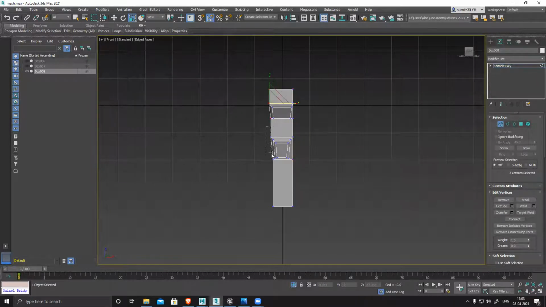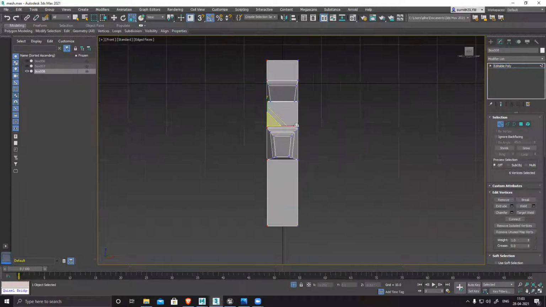Simply creating the basic design and details. So as I'm using modular pieces, I can add more geometry.